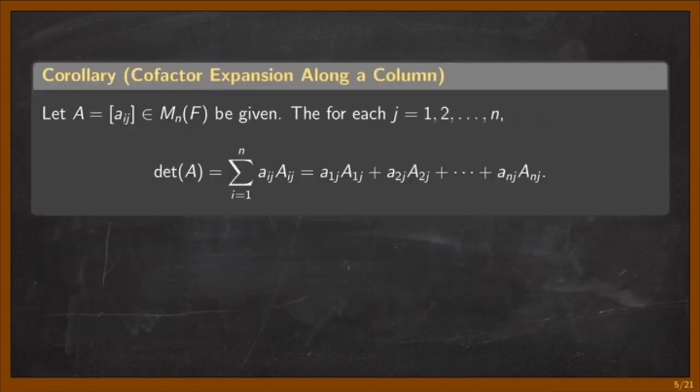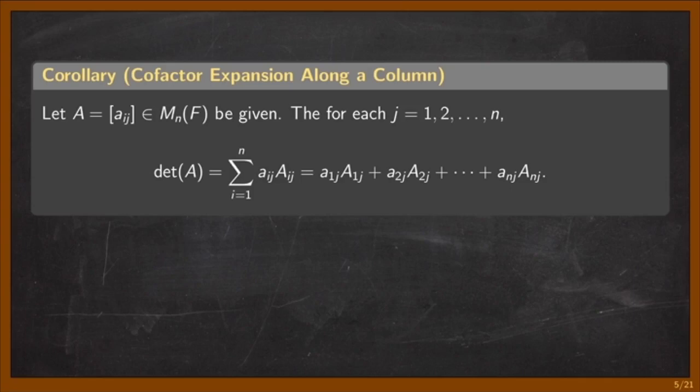Similarly, we can choose an arbitrary column instead. Remember, whatever we can do for the rows can also be done with the columns in terms of determinants, right? So if you choose an arbitrary column, let's say column J, these are the entries on the J column. So you can think about the determinant as the combination or the sum of all the terms